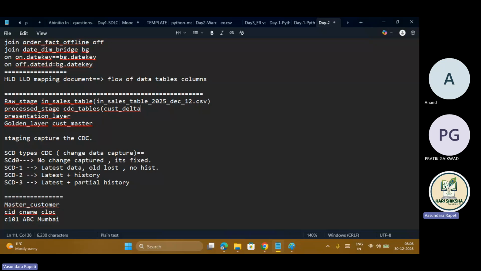So what does the CDC table do? The CDC table joins the delta and the existing customer master table. What is the delta? It contains today's data, say today 5 p.m. data. And what is the master? It contains all history, the entire dump of so many years, right? So this is a huge table and this is a small table, today's data only. So the CDC table is joining these two